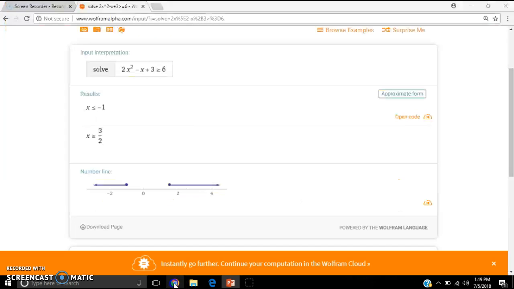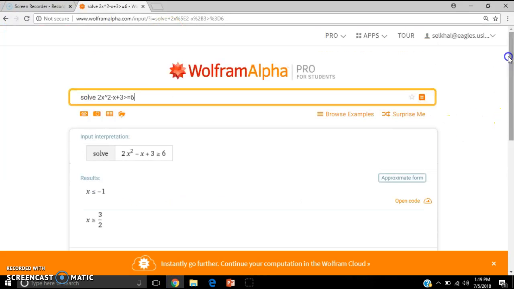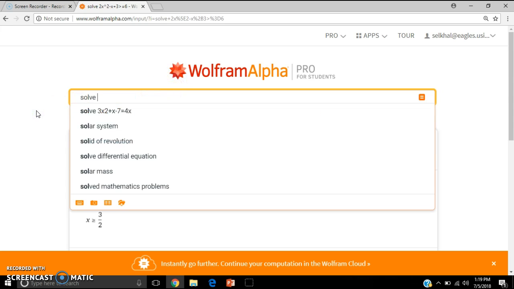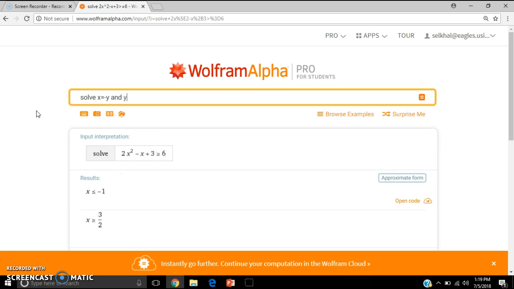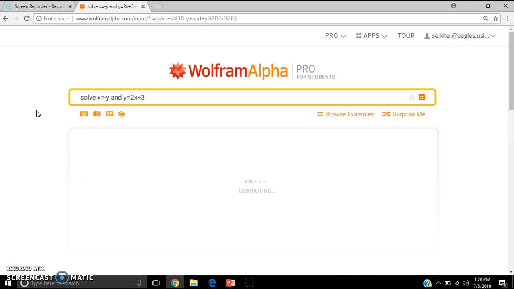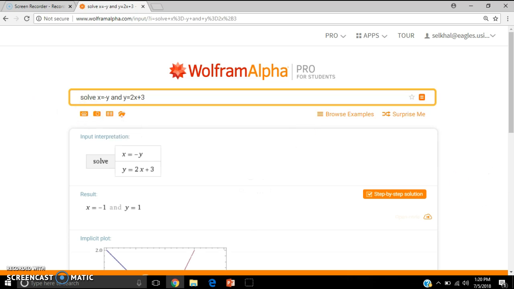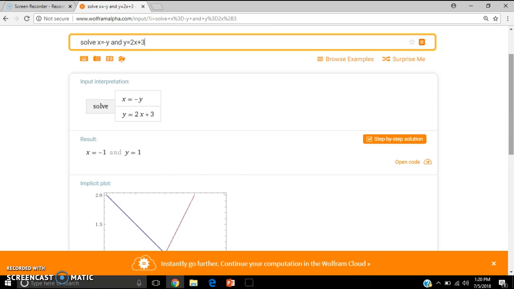I'll go to Wolfram, type solve my first equation, which is x equals negative y and y equals 2x plus 3. I can directly see the answers here, x equals negative 1 and y equals 1,